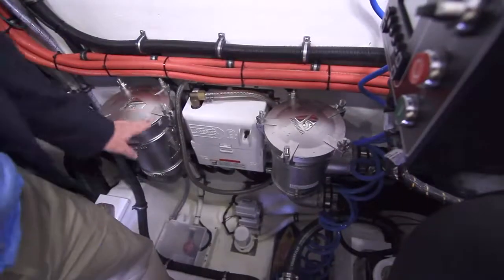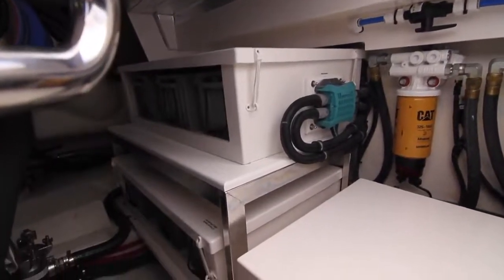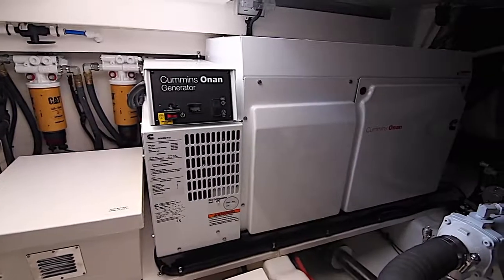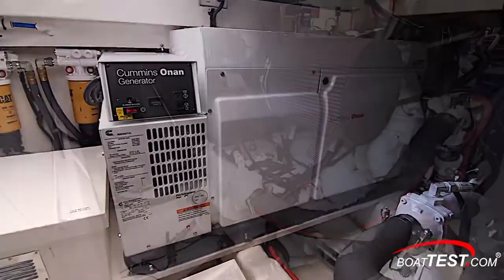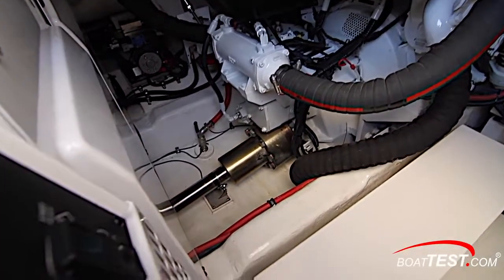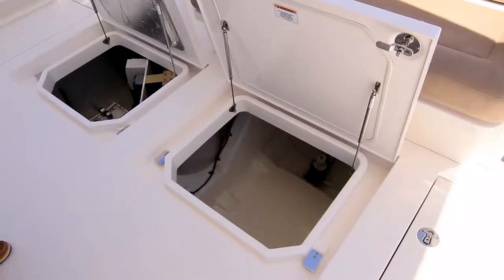Sea strainers are just over the bilge pumps. House and engine start batteries are all contained in ventilated boxes just over the shaft drives. The 17.5 kilowatt generator is in a sound shroud, and we noticed how all the through-hull fittings are bonded for active corrosion protection. In the cockpit deck are 2 hatches over a single compartment leading to more of the mechanical